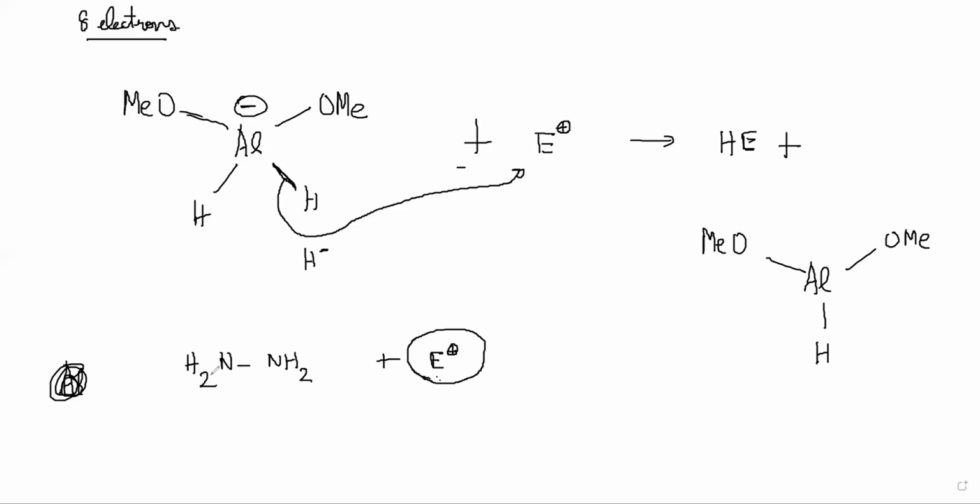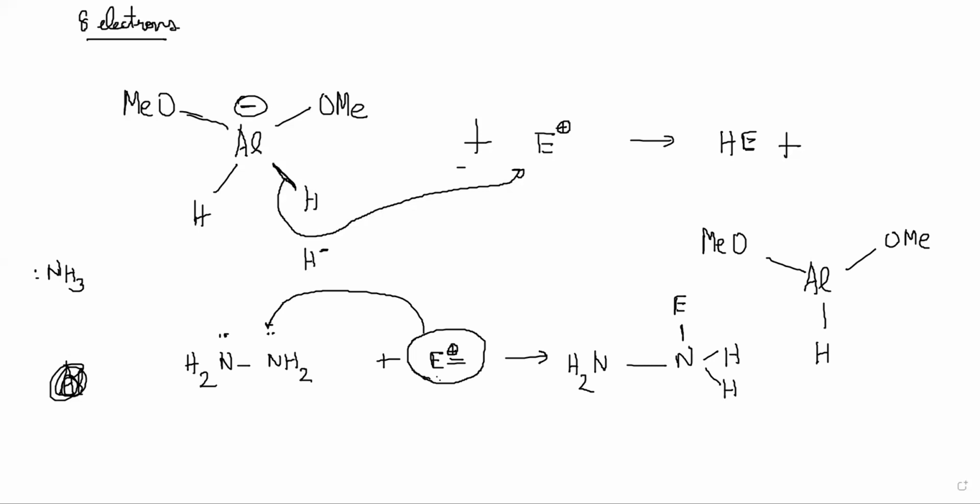So if you think about nitrogen, this is typical nitrogen. There will be one lone pair on both of the nitrogens, because you remember the NH3 structure, right? Nitrogen has a lone pair and 3 bonds. So there are 3 bonds here and 1 lone pair. So it can add on any lone pair, it can form a bond with it. So it will become NH2, N, E, and then H2. So basically the electrophile just comes and forms a bond with the lone pair. There is nothing very weird here.